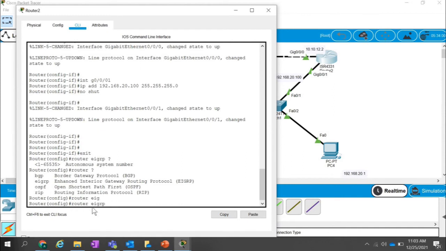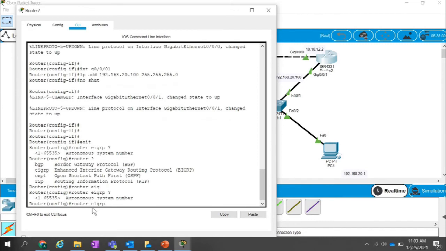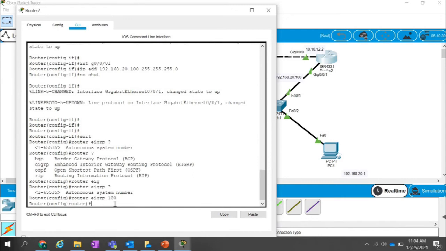I'm going to use EIGRP, and I put the question mark. It is showing the autonomous system number. Whenever I'm configuring EIGRP, I have to give some AS number, right? So I'm giving the default AS number 100. You can give it as per your company's network. If you are just doing lab practice, you can configure any of them. Obviously, whenever you go to an enterprise network, you will get design data from your customer, and you always do the configuration according to that. Whatever they say, you just configure.